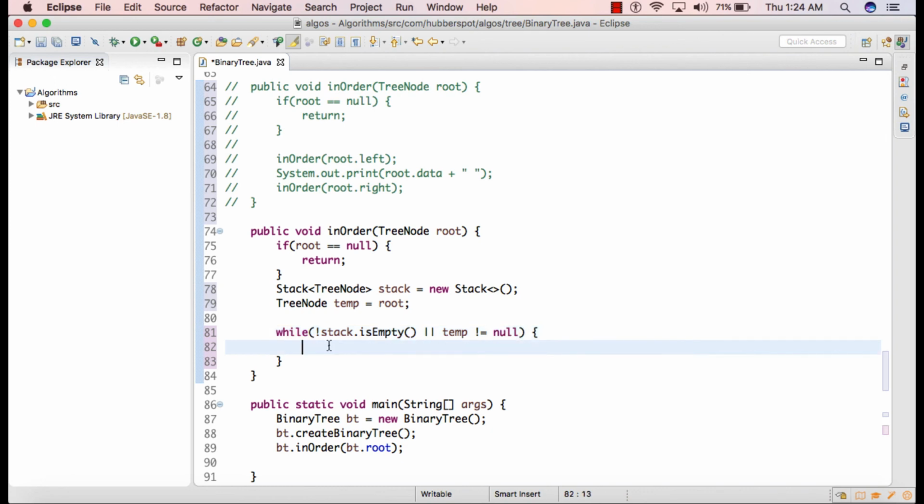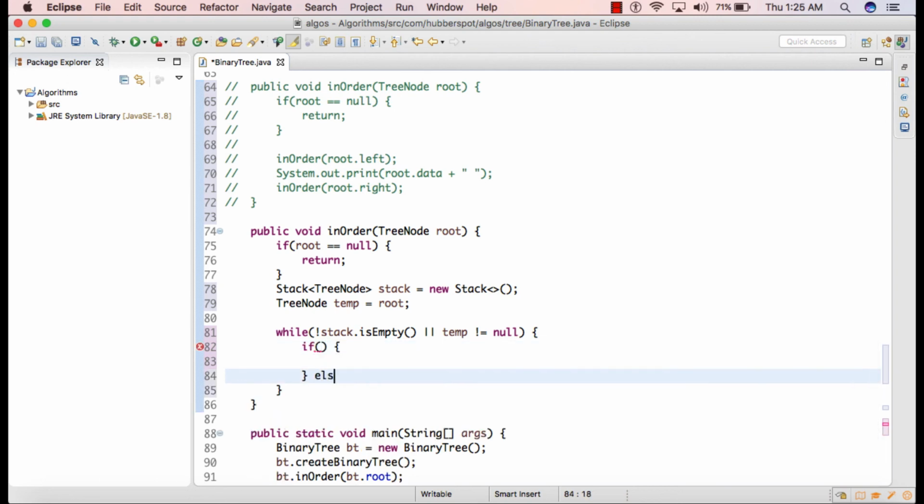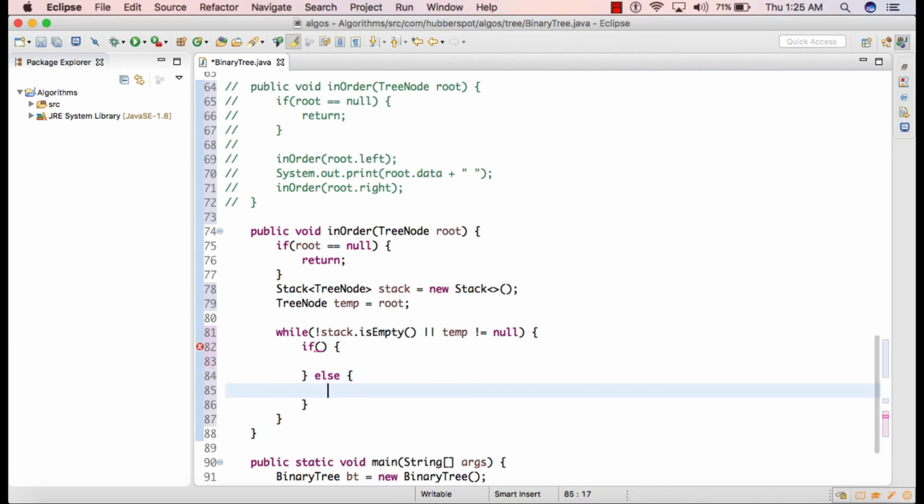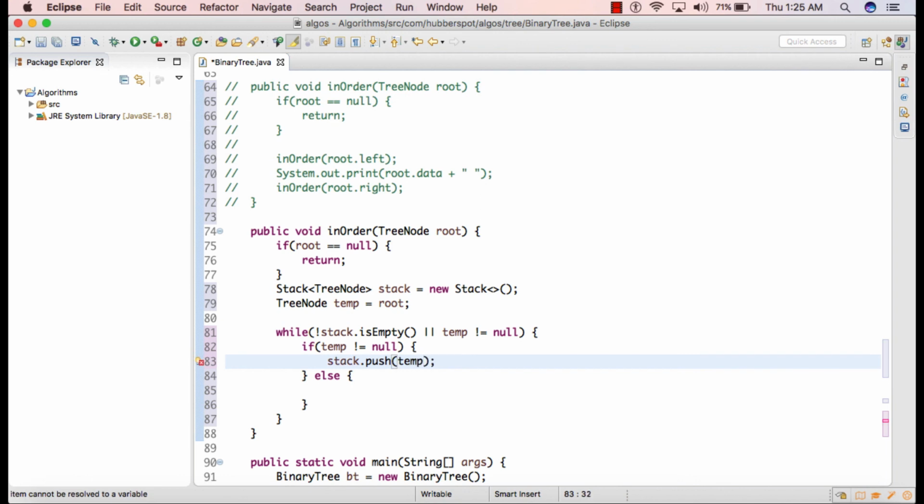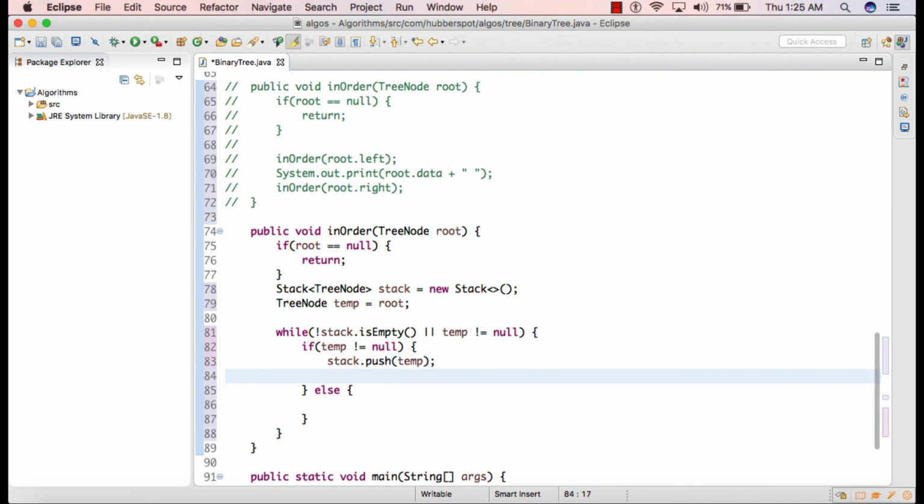So in the while loop, we'll simply provide an if else block. In the if block, we'll first provide a condition that temp should not be equal to null. And if temp is not equal to null, then we simply push the temp on the stack, and then we traverse temp to its left.